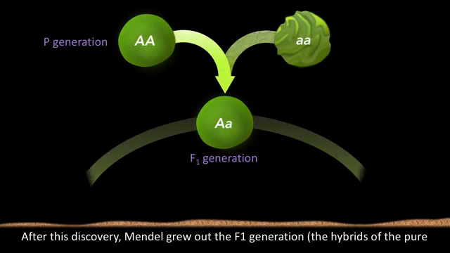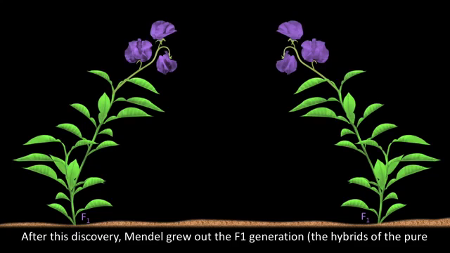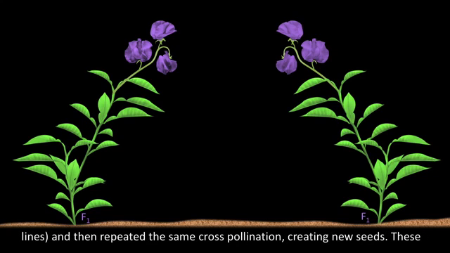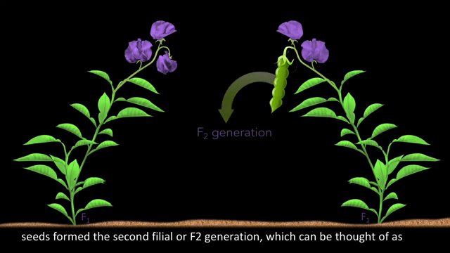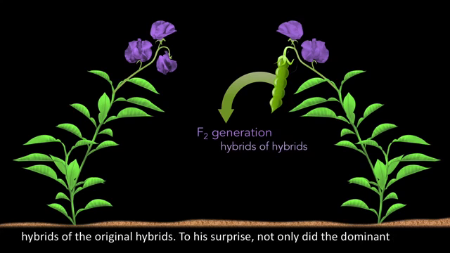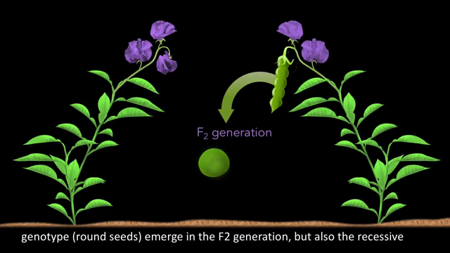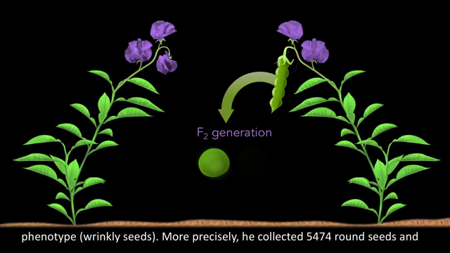After this discovery, Mendel grew out the F1 generations, the hybrids of the pure lines, and then repeated the same cross-pollination, creating new seeds. These seeds form the second filial, or F2 generation, which can be thought of as the hybrids of the original hybrids. To his surprise, not only did the dominant phenotype round seeds emerge in the F2 generation, but also the recessive phenotype, wrinkly seeds. More precisely, he collected